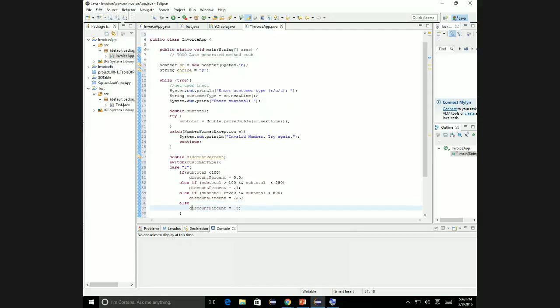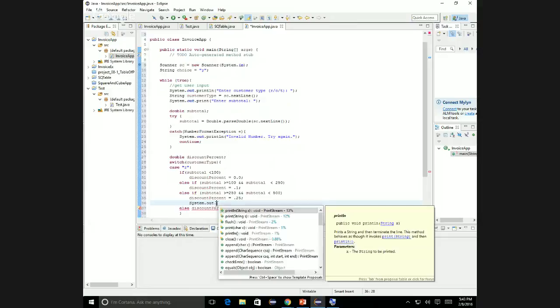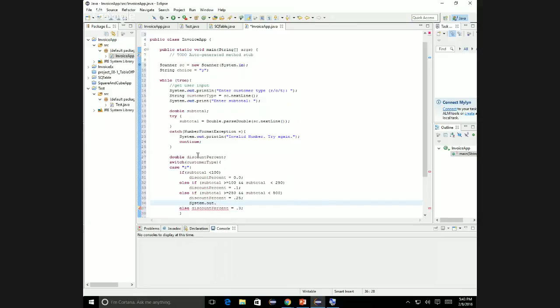And again, the only reason why it's not necessary is because we happen to only have one line in each statement. So if I wanted to say discount percent 25 and then I want to system out line something or other, that would not work. Then I would have to use the curly braces